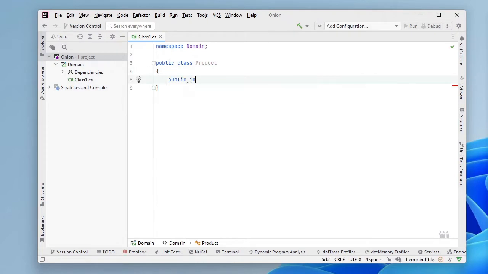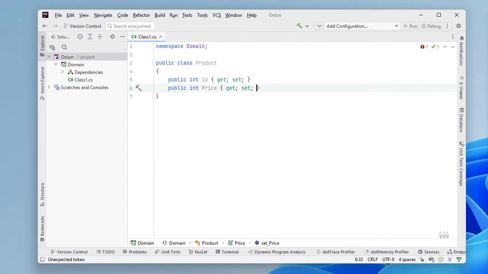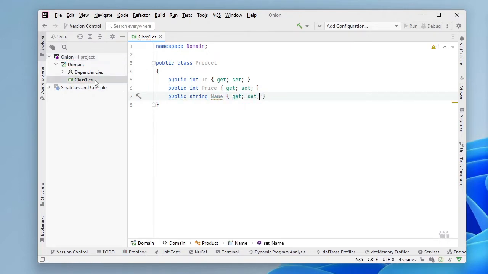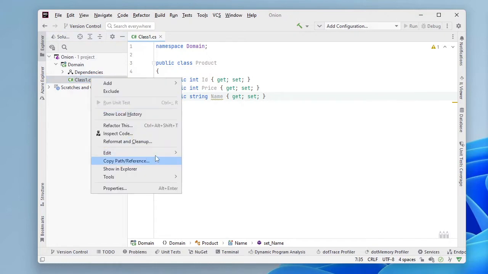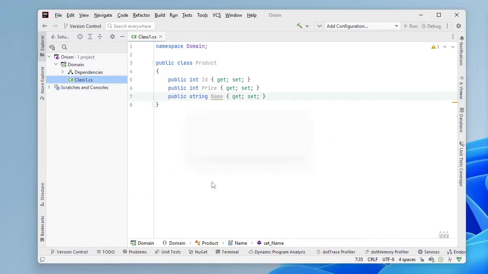So public int ID, get set, public int price, get set, public string name, get set, like this. And we'll just rename this one